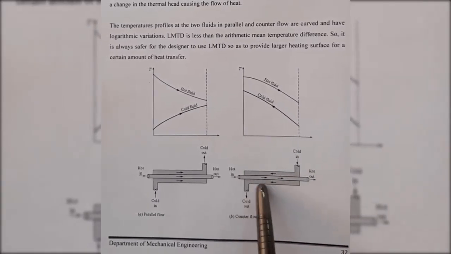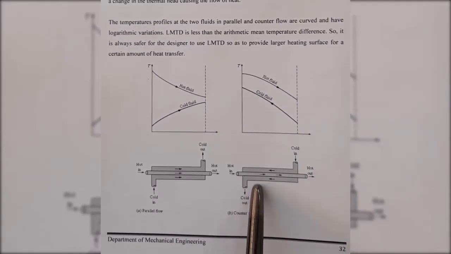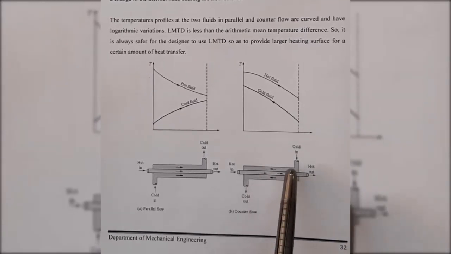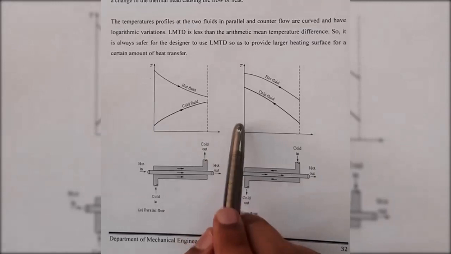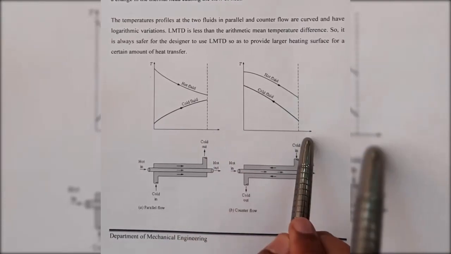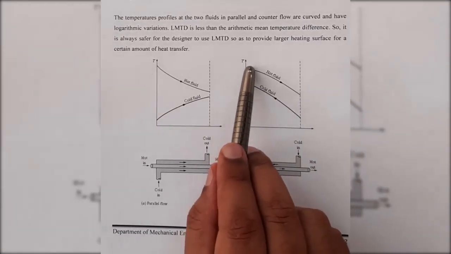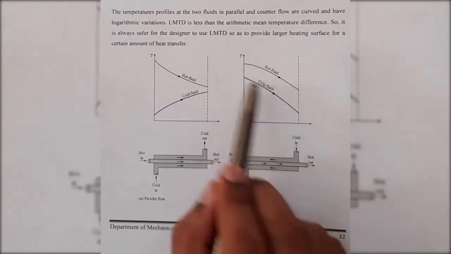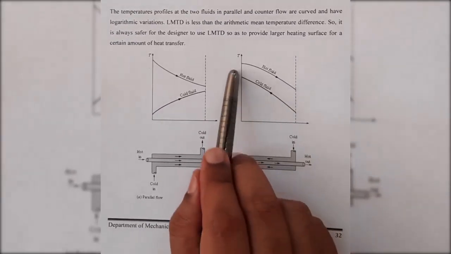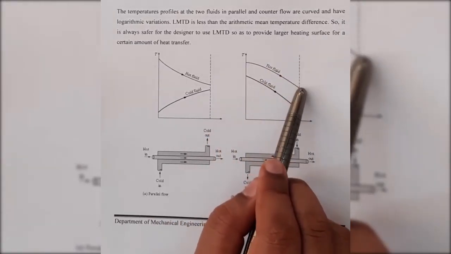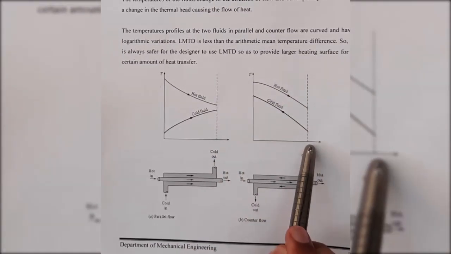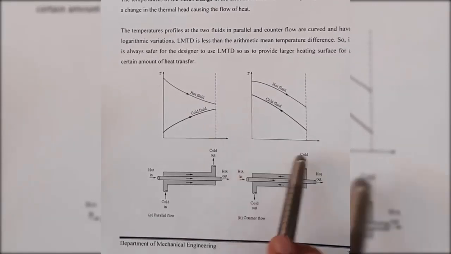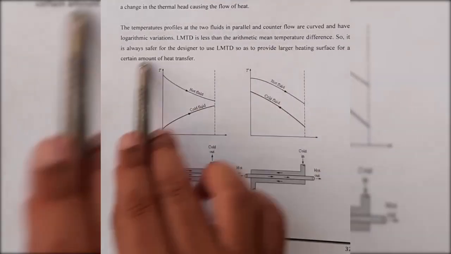This is the concentric pipe. This is the side sectional view of the concentric pipe. So you can see the arrow marks here. Again, this is the inlet and this is the outlet. The hot water is losing the temperature, whereas the cold water is gaining the temperature. This is from lower temperature to a higher temperature. This is from higher temperature to lower temperature as it passes. This is the inlet and this is the outlet, and outlet for cold water, inlet for cold water. So this is the entire setup.